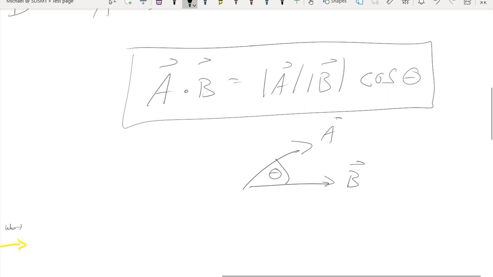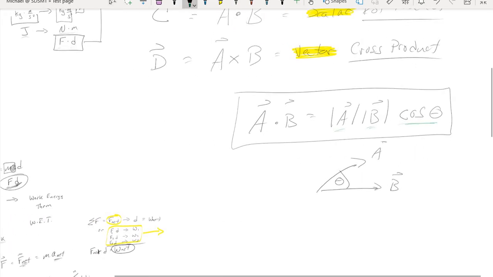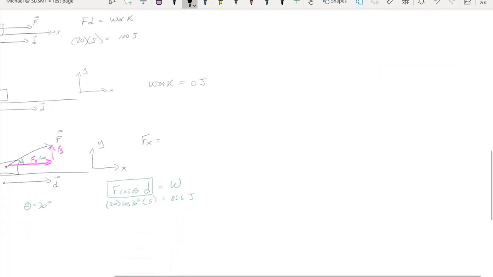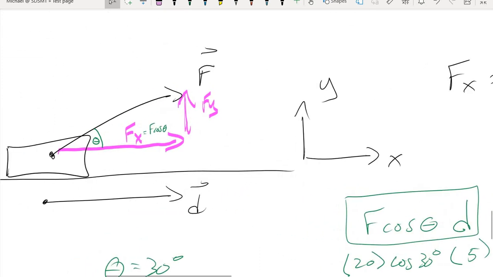Because we have the magnitude of both vectors. We use the magnitude of force, we use the magnitude of displacement, and we had a cosine theta relationship. But here, theta is supposed to be the angle between the two vectors. What was theta down here? Down here, theta was the angle between the force vector and the positive x-axis, but